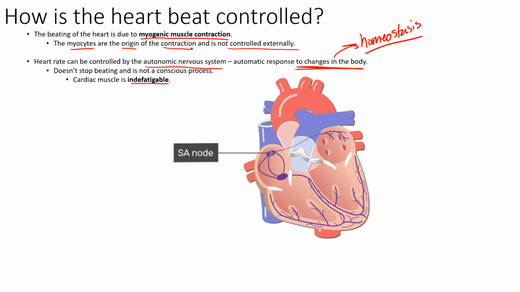The second term is indefatigable. That's really important because that means that these muscle cells, these myocytes that make up the tissues of the heart, cannot get fatigued. Other muscles, other skeletal muscles, leg muscles, arm muscles, grip muscles, muscles that are in charge of moving your body physically,